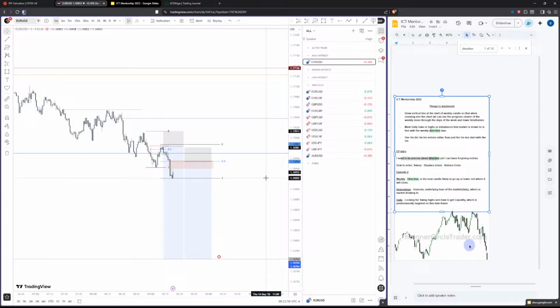And that is a part of the bias, because we can't even enter for sales until we have certain things that allow us to, which is our rule set. So that rule set links the bias. So on the daily time frame, we're looking for where liquidity is, but you're going to have liquidity above, liquidity below, imbalances above, imbalances below. But how do you know which one it's going to go to?